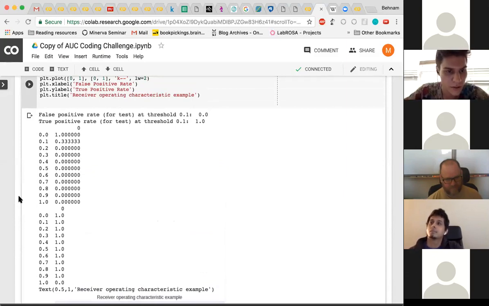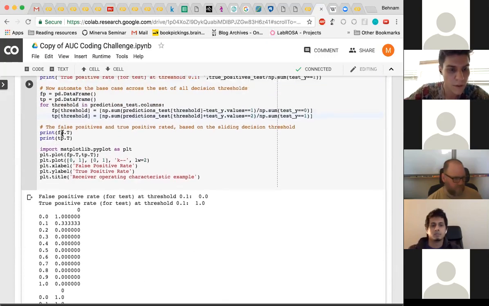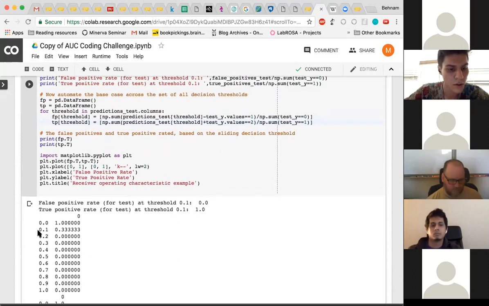Positive rate at a threshold of 0. So we're looking at our test data right now with the model that we've already created on our training set. And what this is telling us is what? So the false positive